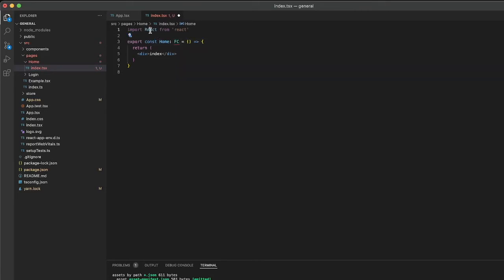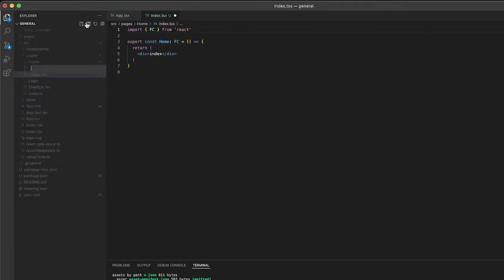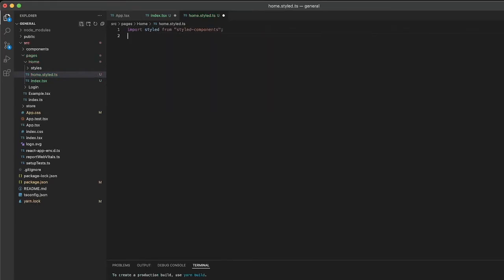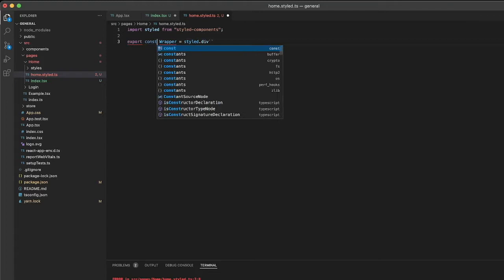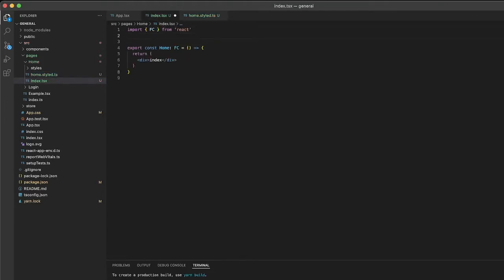today's concept. It will be a functional component, and we are going to use style components. Since this is a previous app, I was using style components in that one, so I will use style components in this one also. Styles, style, home dot style dot ts, import style from style components, export wrapper equal to style dot div. So that's what we are going to be exporting from here, and inside our functional component we will